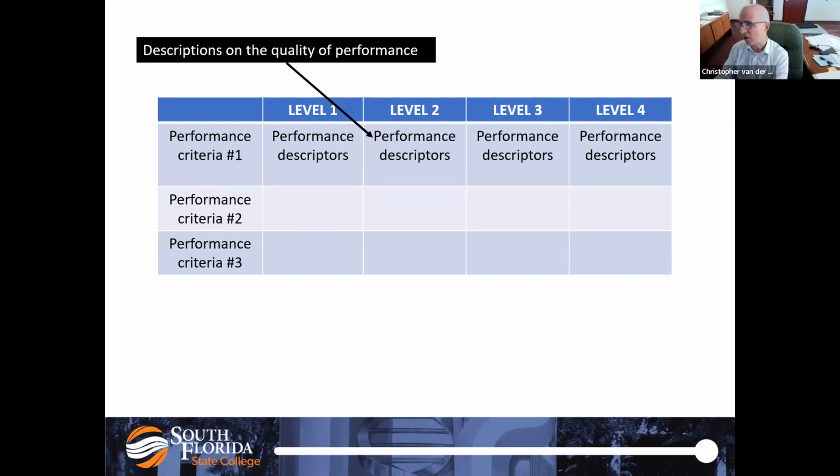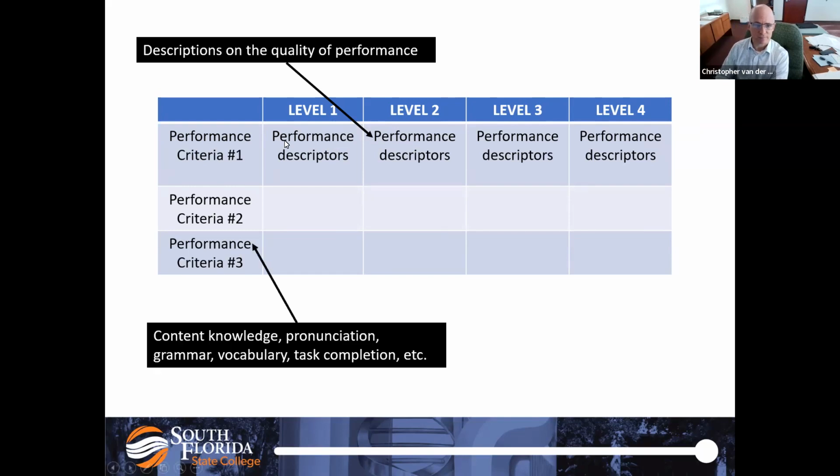It's hard on you and it's hard on the learner. We have our performance criteria, and that's going to be such things like content knowledge, pronunciation, grammar, all dependent upon what content area we're talking about. Your descriptions,